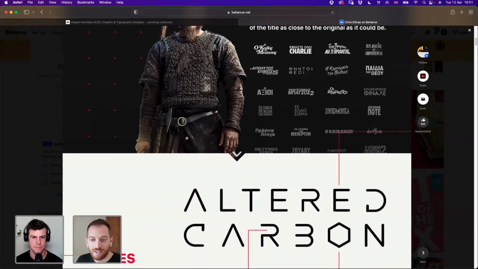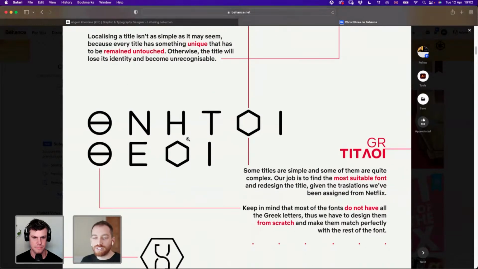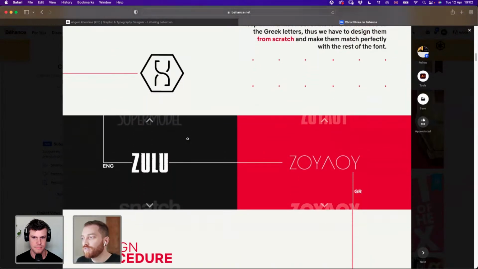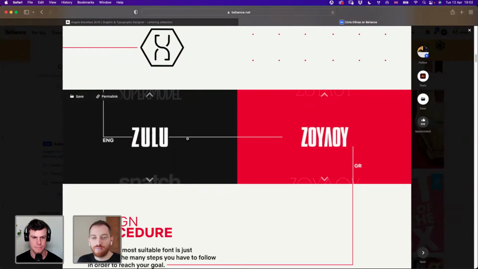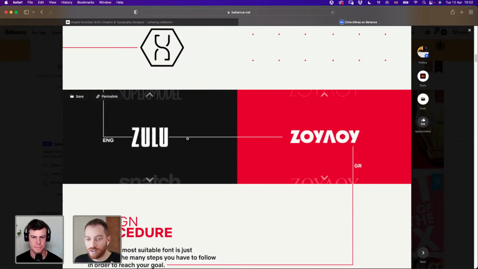The titles have to be translated to other languages, so here they are translated to Greek, and it's very interesting because you have to match the same font. Something people don't know is that not all of the fonts that exist in English exist in Greek.